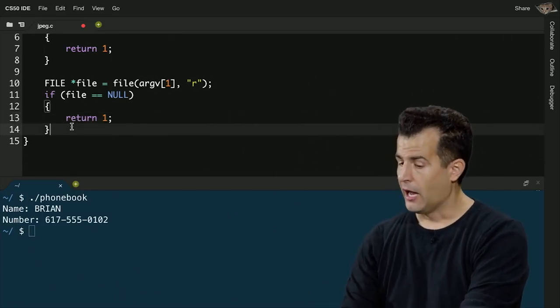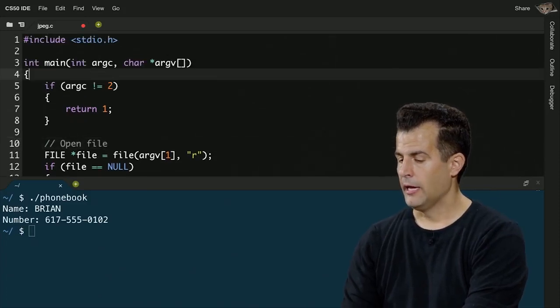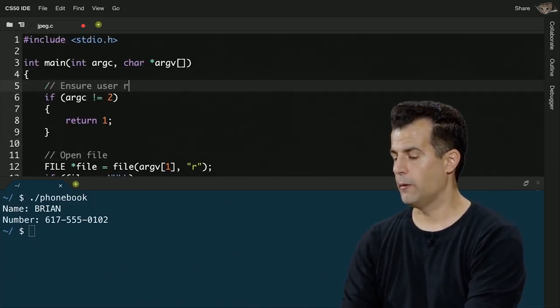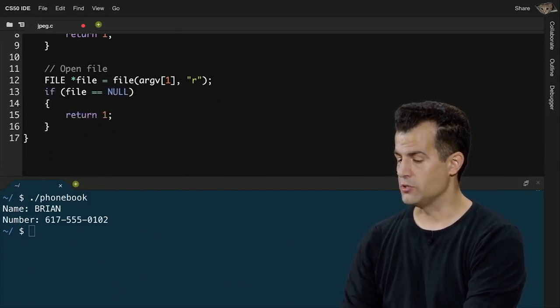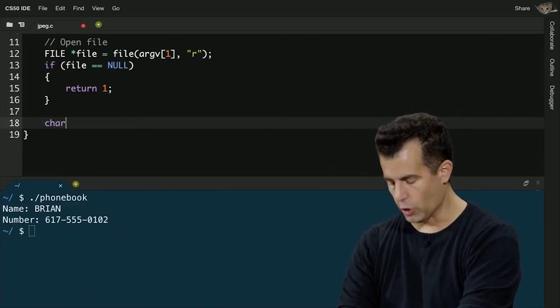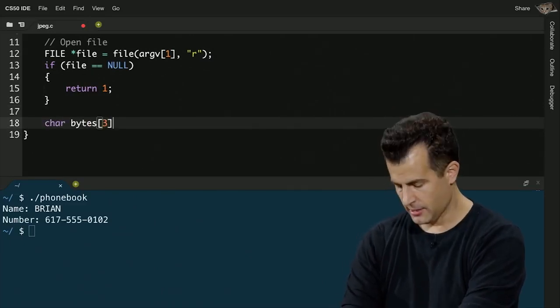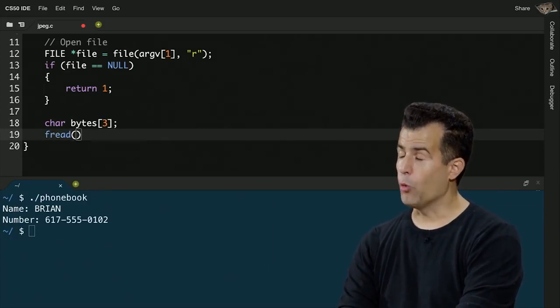So at this point, I have opened file. I have ensured the user ran the program with two words at the prompt. That's our argc use there. Now let's go ahead and do this. I'm going to go ahead and give myself an array of 3 bytes. And I'm going to go ahead and use a function called fread. And we'll see more of this in the assignment.